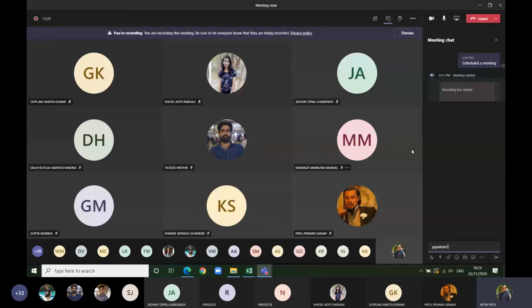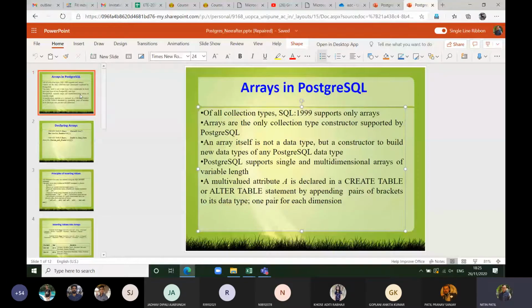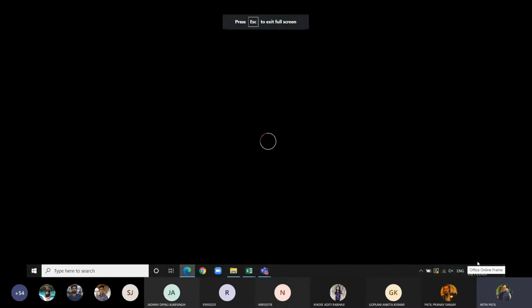So if you have 9.4 or 9.5, then you should get this pgAdmin 3 as software. Fine. So this software is to be installed by you so that we can see a graphical user interface used by Postgres, or implemented for Postgres mainly. Fine, but let the machine get started. So till that time, I will try to address this thing.